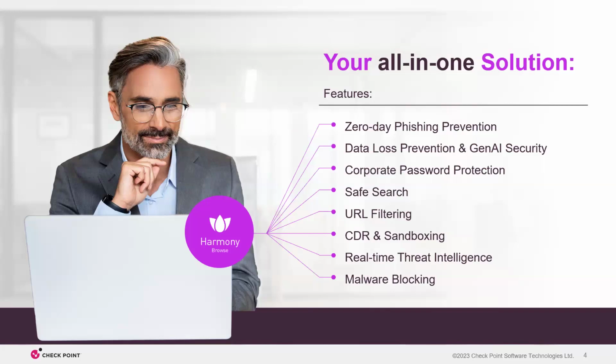Safe search, I think it's self-explanatory. We all know about it. We can have it in a total prevent mode or just as a notification. URL filtering, that was the use case when we are off-prem and there is no firewall to prevent us from going to bad sites, malicious sites, or doing some dark web browsing or other things that one would expect would be dangerous to browse, especially when they're not covered